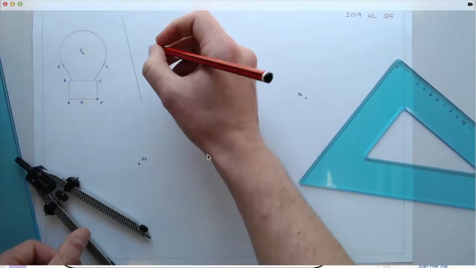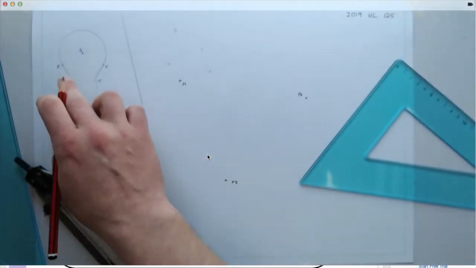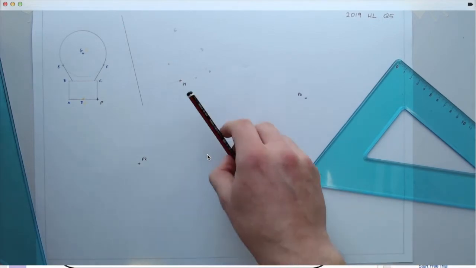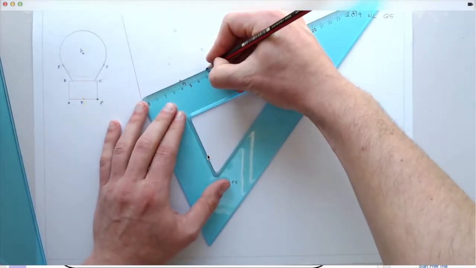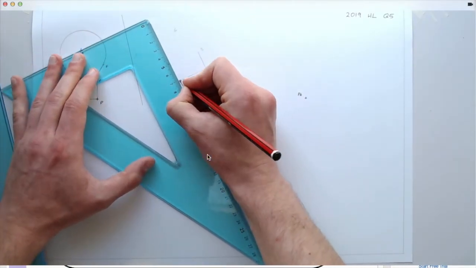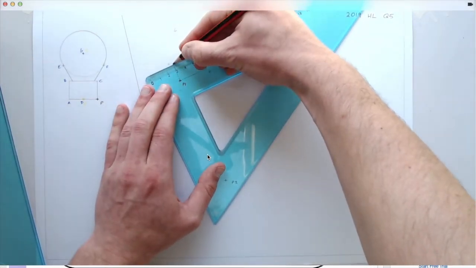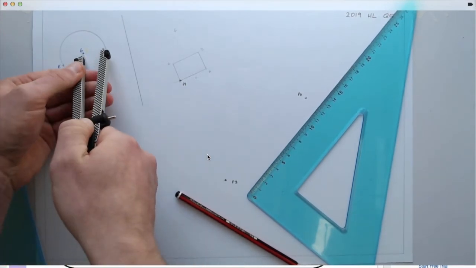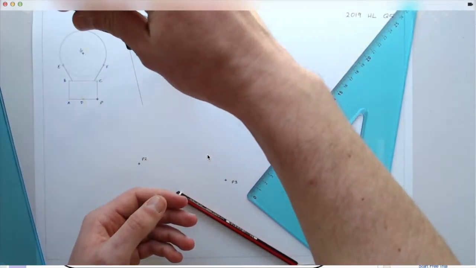And actually, just realized here, having looked at it, we can leave these out for this one, because you'll see in a second what happens when I draw in my circle. So once I have my lines drawn in here, my points put in here, then I'm going to join them up. And obviously you'll take your time doing this to make sure that your points are in the right place. As I go through this, there might be a little bit of inaccuracy with mine, but I'm just trying to go quickly so that I can show you this